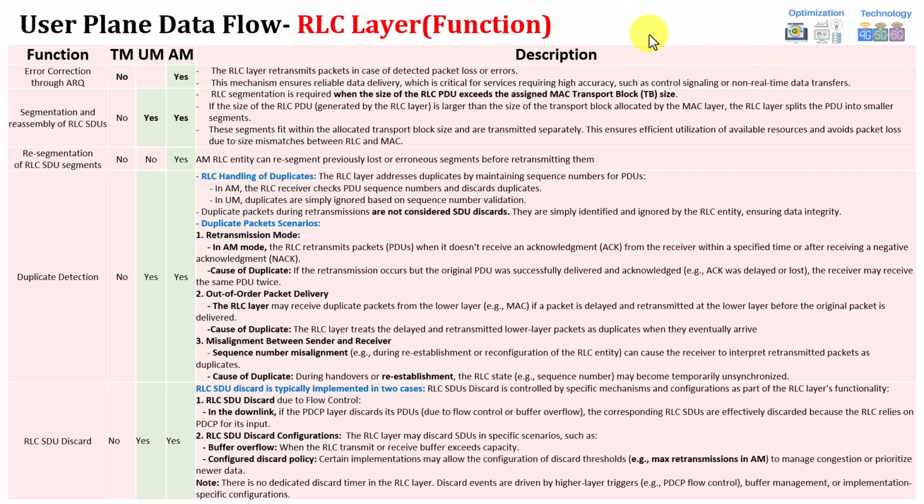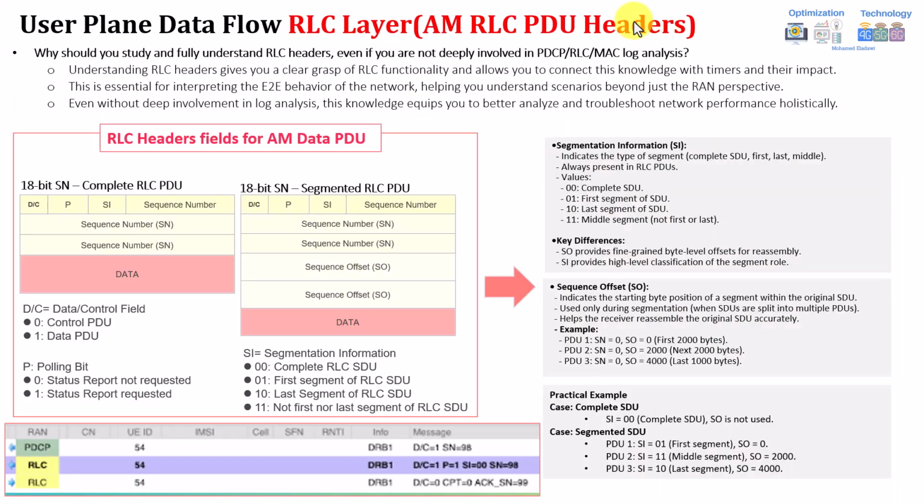Now let's move forward to the next one, which will give more details about each of these functions with a visualization example. As I highlighted, before going to the visualization example, you first need to understand the headers, which can be used for the acknowledged mode data RLC PDU. As you can see, this one on the left or the right, I show it for when you don't have segmentation, a complete RLC PDU without segmentation. This will be the header. You have something called D/C.